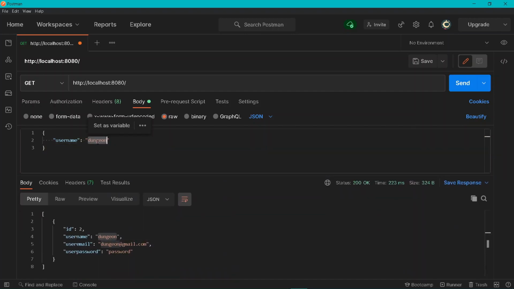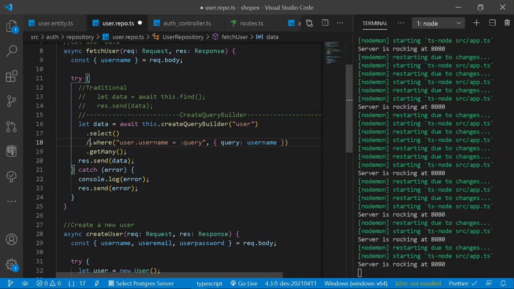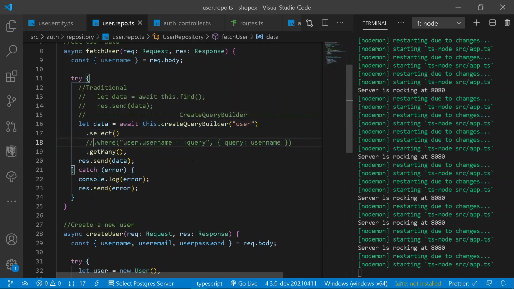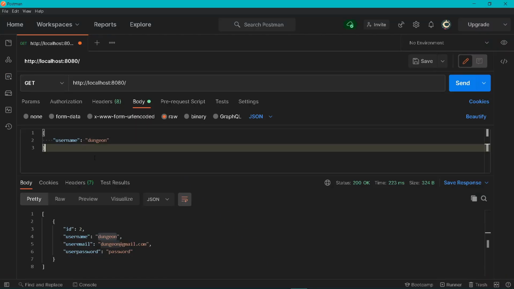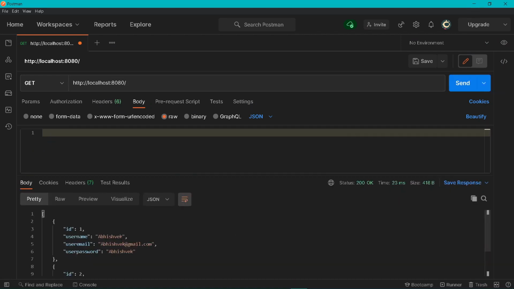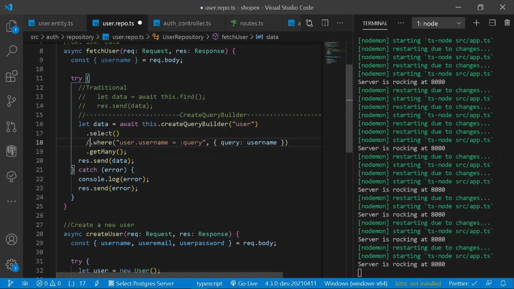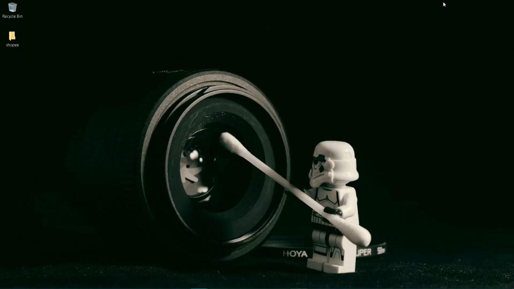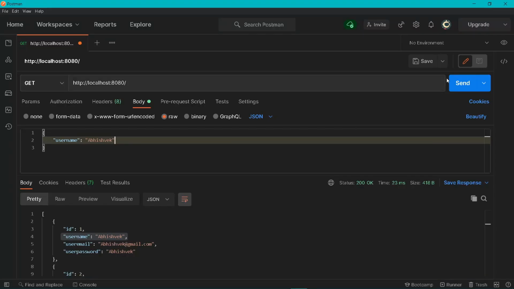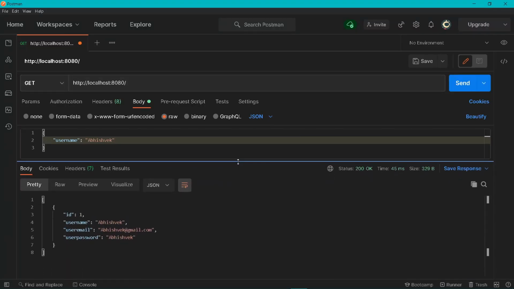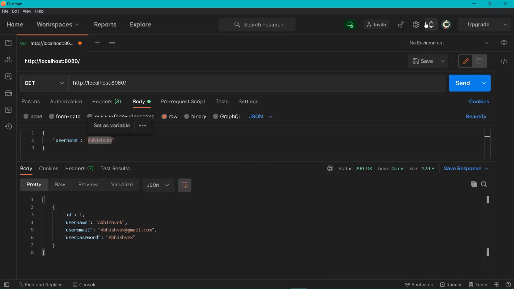Let's go with another username. But before that, let's go back. And here let's remove the following property from here. Press enter. Let's go back, and here let's send everything. Cool, so let's copy the following username and paste it here. So for that purpose, let's copy everything and paste it here. Let's beautify the following thing, such a beauty. So now let's go back and uncomment the following thing. Let's go back, alright, under our Postman and send the following query. So now you can see we'll be getting the following username to be Abhishek, just like this.